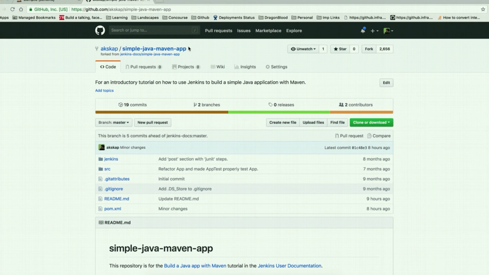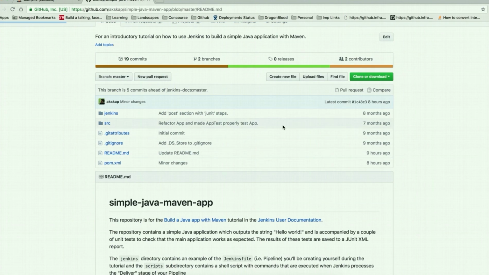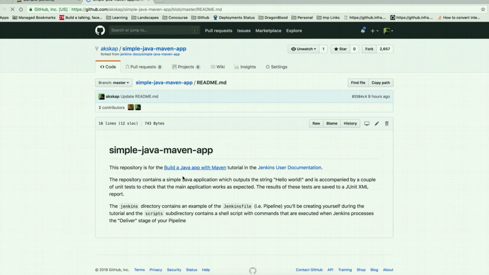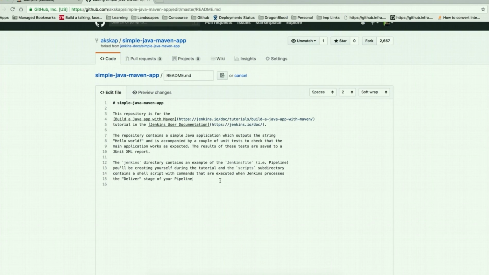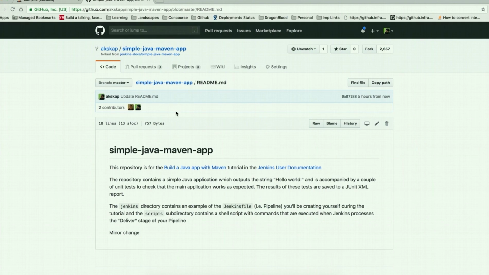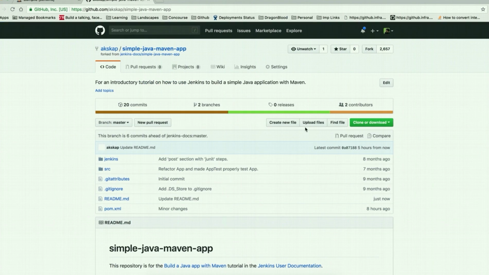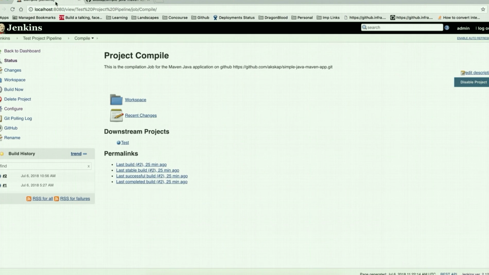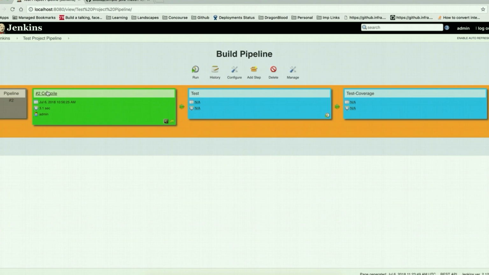So one other thing that we could do is I'll directly go on the GitHub portal, and here maybe we could directly do a change. I can just do a minor change to the project and click on commit. So now you can see that the latest commit is now 0807188, and what is expected out of the compilation job now is that it should keep monitoring the Maven app